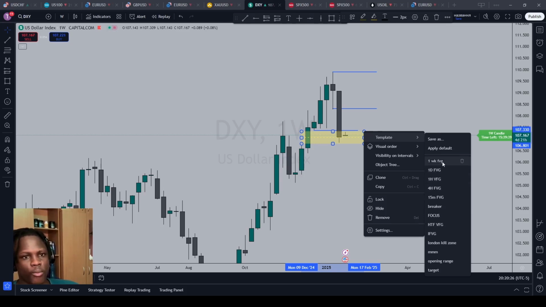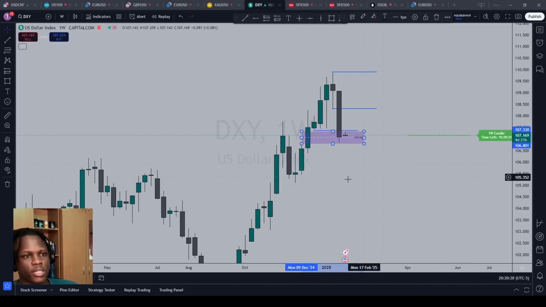This is a 1 week fair value gap. The price was able to retrace to that weekly fair value gap, taking these lows, and it closed below these lows. That's why I'm waiting to see what the price wants to do,